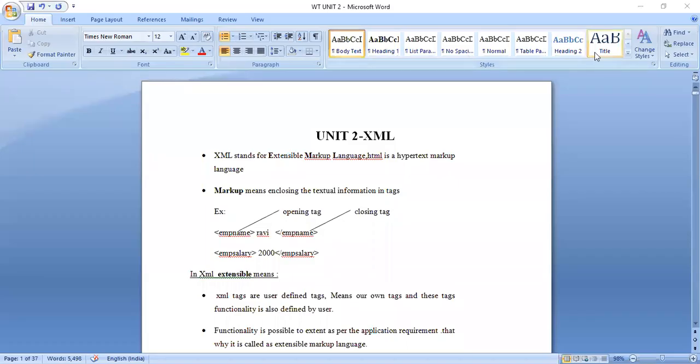Anyways, let's start with revision of our second unit, XML. XML, as we know, stands for Extensible Markup Language. If you consider HTML, which is Hypertext Markup Language, and XML, there is a lot of difference. Basically, HTML is used to create static web pages. Coming to XML, Extensible Markup Language or Extended Markup Language, this is used